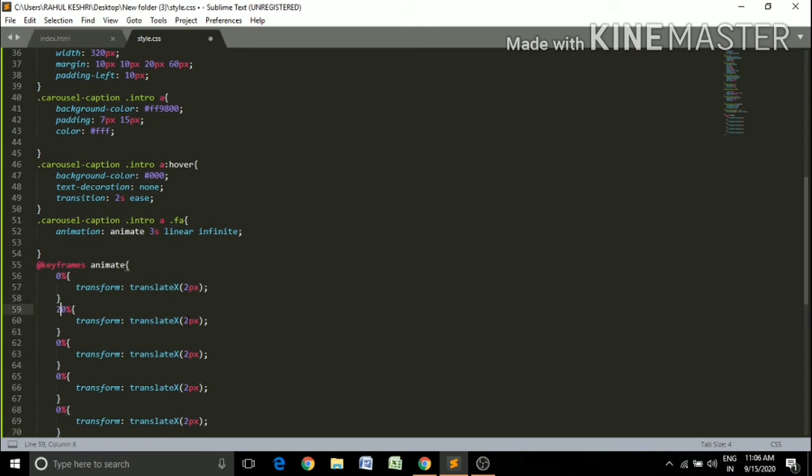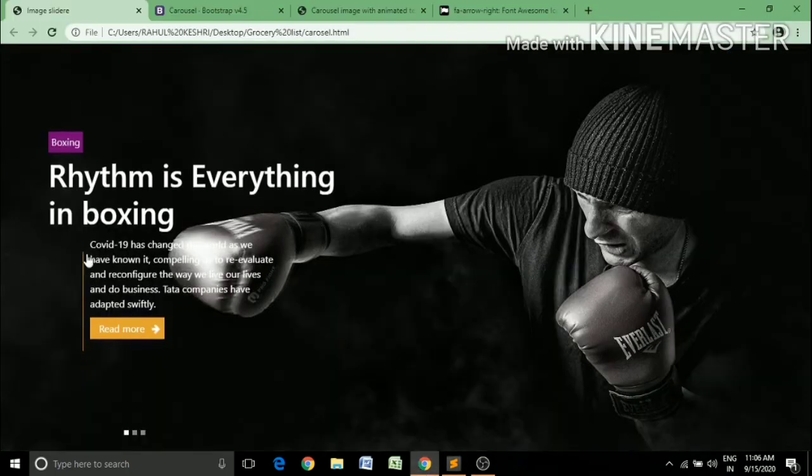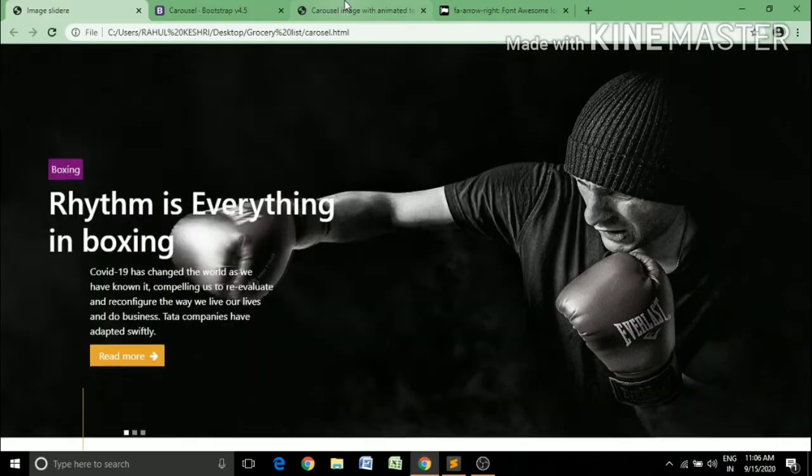Then 40%, 5 pixel, 60%, 7 pixel, 80%, 10 pixel, 100%, 0 pixel. Simply save it and refresh your page.